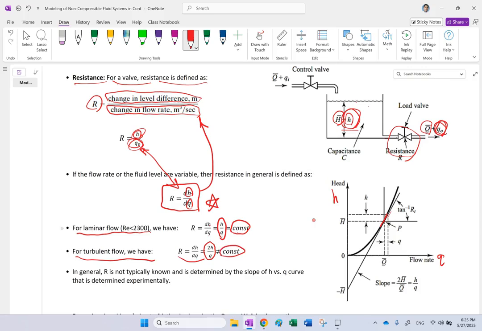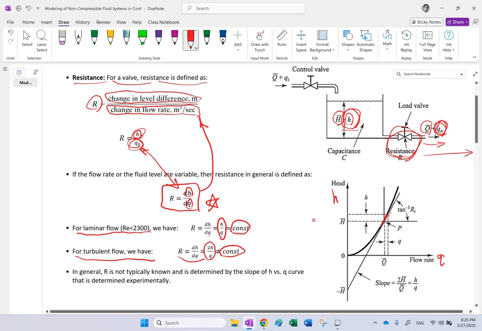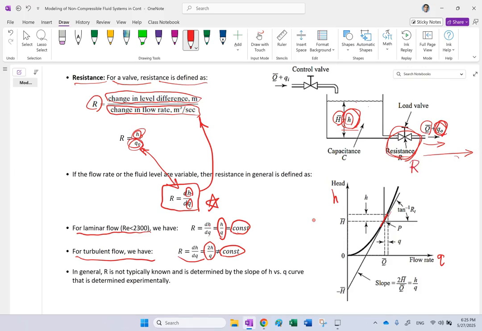Okay, so resistance, when the flow comes out here, if the flow is laminar, which means smaller speeds, then we can say that this resistance is almost constant, while if this flow rate is bigger and the flow is faster, so you go to bigger Reynolds number and it becomes turbulent, then the resistance of this valve is not going to be constant. It's going to be variable. So it all depends on this H and Q, what relation exists between them,